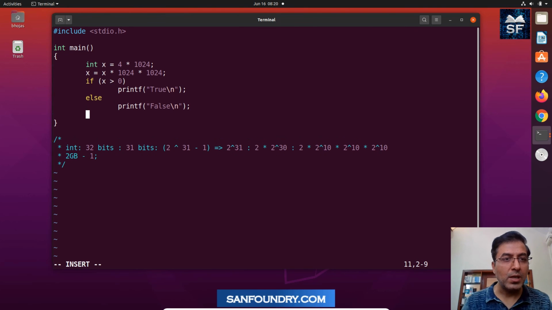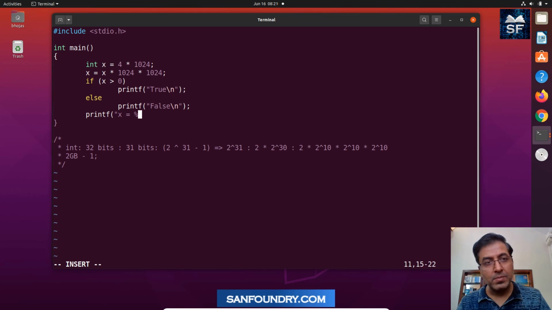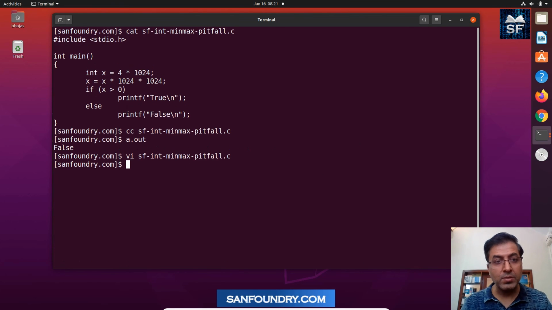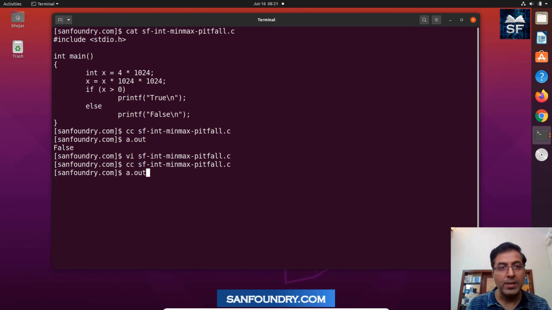So what we will do now is print the value of x. x equals %d. We'll print it, right? I'm saying negative number, not a problem, because that's what the initial hypothesis is. Any number beyond this in the positive direction becomes a negative number. But we will see this code and try to deduce more, because there is more in this code than anything else. So I've compiled it.